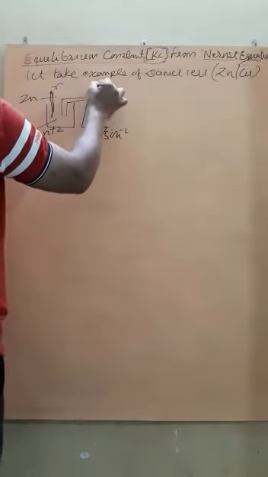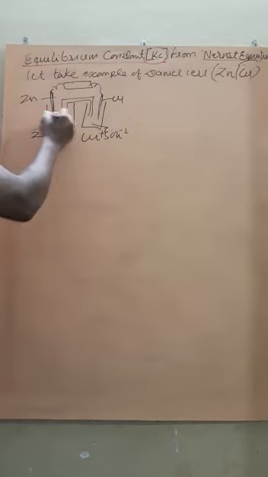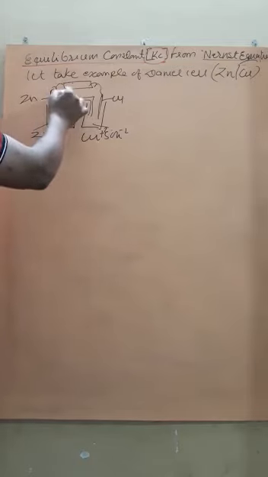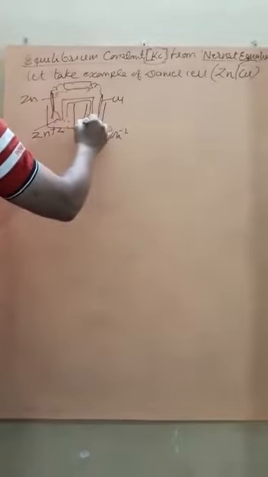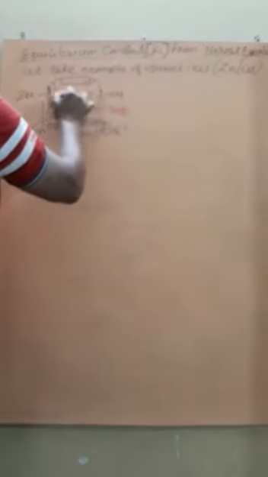Now, when the salt bridge is applied and these two electrodes are connected through a meter, we observe that the reaction starts. The zinc from the electrode becomes Zn2+ cation and goes into the aqueous solution, while the electrons release here and travel through the outer circuit. Here the Cu2+ cation which is already present in the solution is getting converted into copper solid, and the reaction proceeds when the salt bridge is applied.